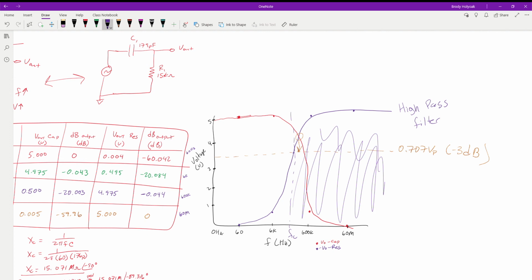Okay. Conversely, when we look at the red line, it has the same trend, but it goes in the opposite direction. It starts out really high, but then once we start getting back around to this critical frequency area, we see this sharp slope fall off of the voltage of our capacitor. Because of that, at high frequencies, we've attenuated the signal. We don't want that. What we want is the signal that's higher than the 0.707 of our peak, in this case 3.5 volts. We want all of these frequencies to be going through our filter so we don't affect it at all. Since we're using the lower end of the frequencies, that gives us a low pass filter.